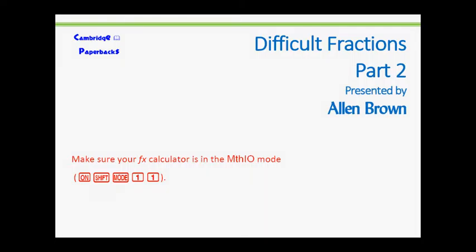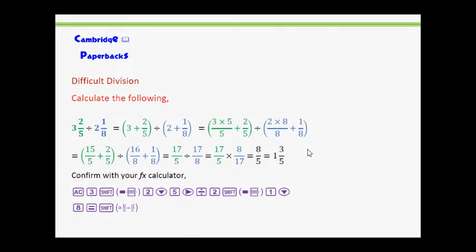Welcome to this video on difficult fractions part 2, where we shall be using a Casio FX calculator to calculate fractions. Firstly, make sure your calculator is in the Maths I/O mode, and you achieve this with these keystrokes here. Now, we're going to have a look at difficult division, where we are going to divide the fraction 3 2/5